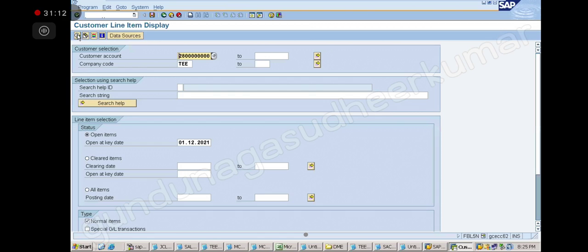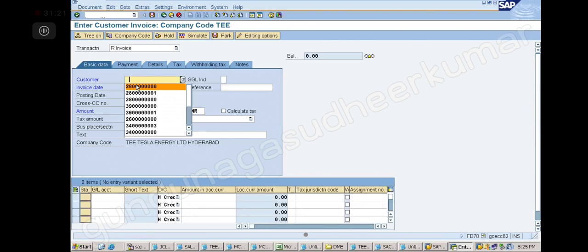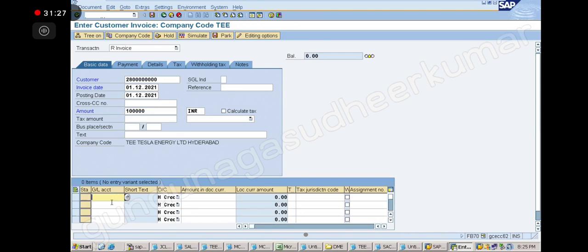Now I am going to put FBL1N. Let me check any open item. No open item. Now, slash N FB70. I am giving my date, amount 1 lakh. To make it easy, I am giving 1 lakh again.